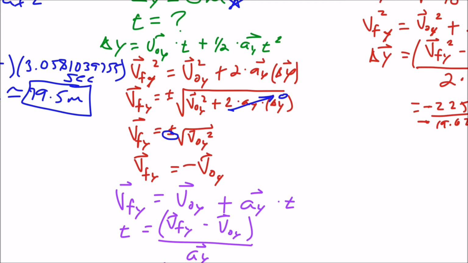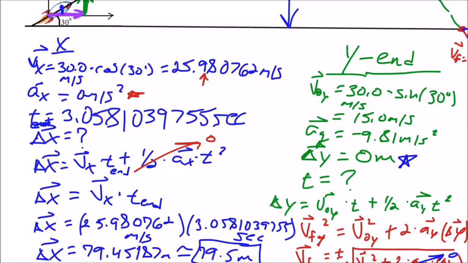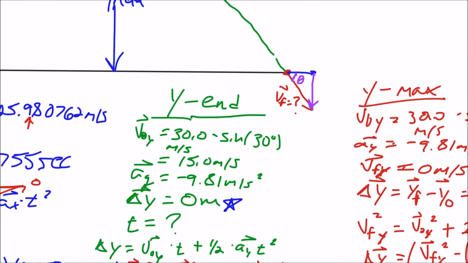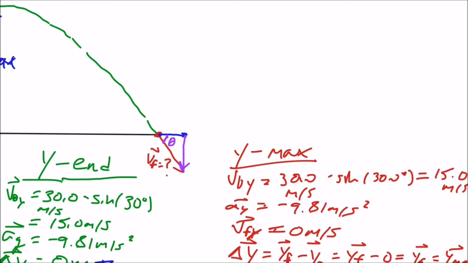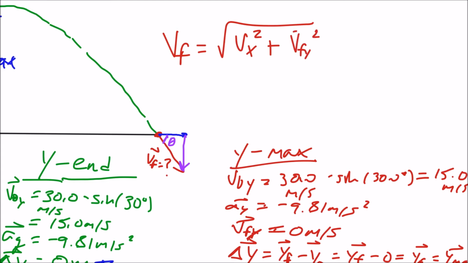The Vx is constant, and so it's going to continue to be this 25.98 number. We don't want to use the 26 because that's a rounded value. We want to use the whole long thing. So if we do this, it's going to be the Pythagorean theorem to find out that V final value. So that V final overall is equal to the square root of Vx squared plus V final in the y-axis squared. And V final in the y-axis squared is negative 15 because it's the negative of the initial. And this Vx squared is going to be that,